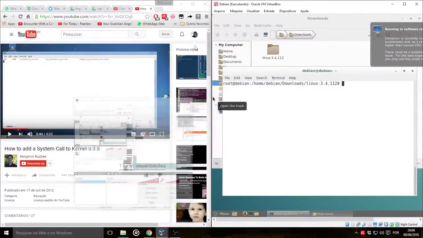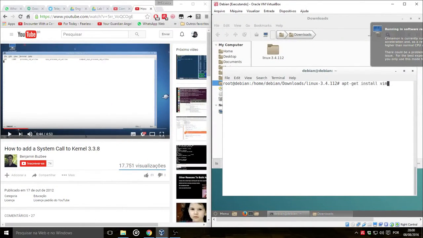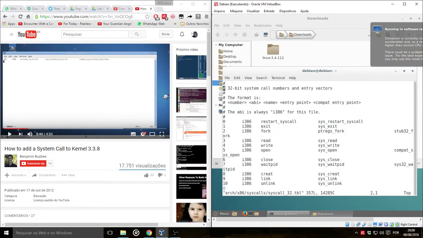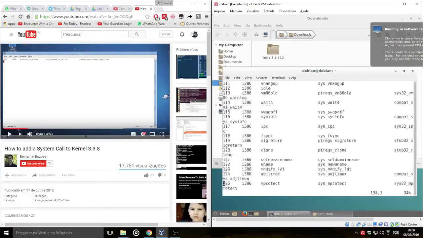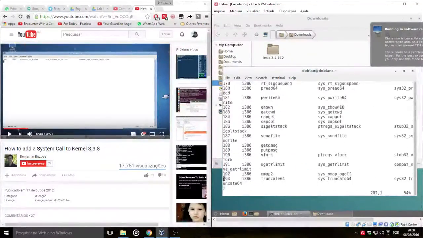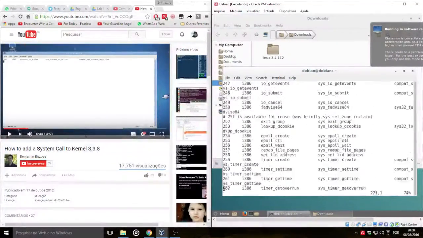Recomeçar aqui, deu um problema por causa do áudio que não estava gravando. Então eu já baixei o Linux kernel, já dissipei, já estou na pasta, já estou como root, já instalei o Vim. Vou abrir o syscall_32.tbl, tenho que ir lá no final para alterar e adicionar a função que eu quero, então descer aqui até o 348